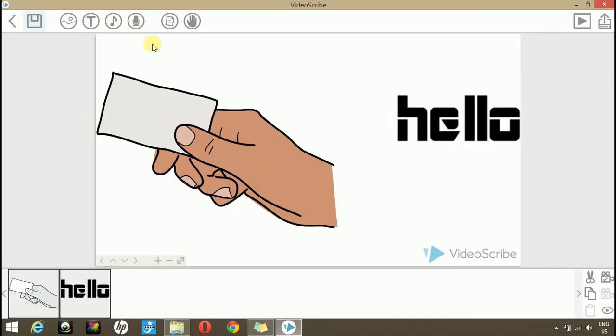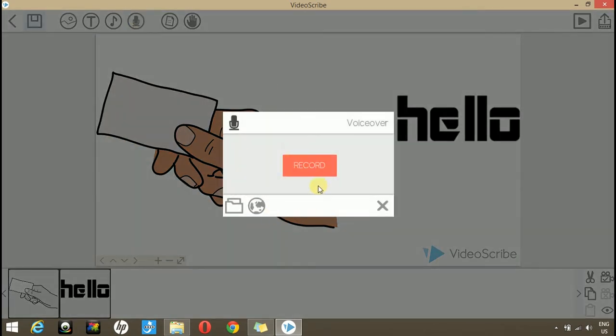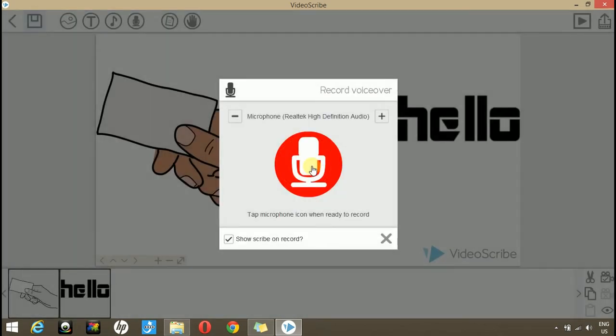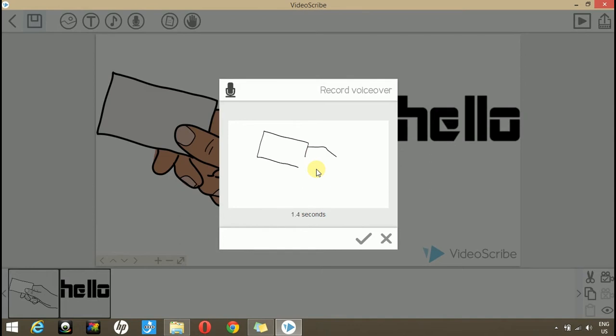After that, you see a mic icon. This mic is for recording. If you want to import any recording, you can import it from here, or if you want to record your own voice, click here. The recording will start. In the background, it is playing the animation and it is recording my voice along with it too.